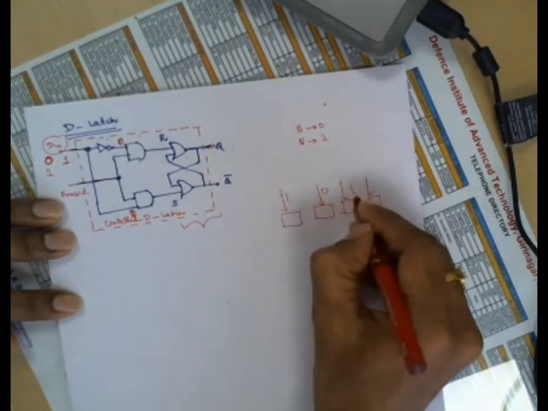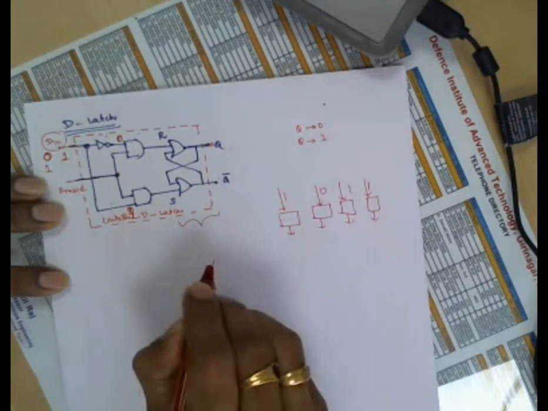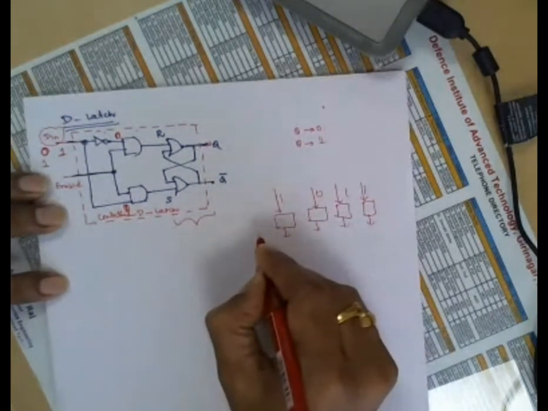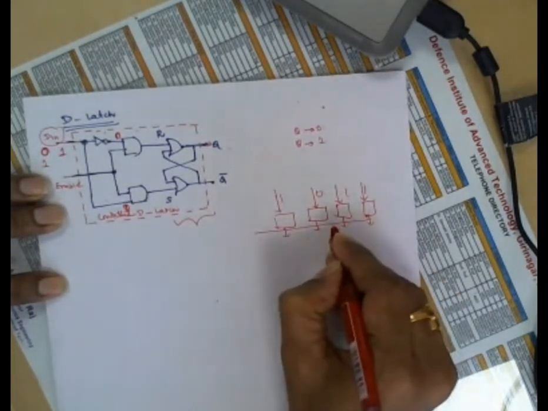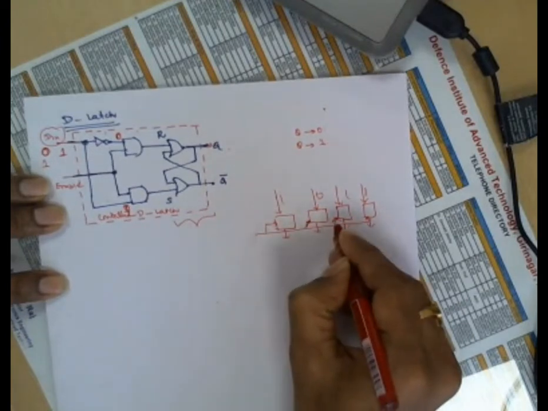Suppose 1, 0, 1, 1 is here. Understand? Then these are all the outputs of these latches. So I have the common enable here, maybe common enable or individual enable. That is what we call address lines. When we go into the high level, it is called an address line.